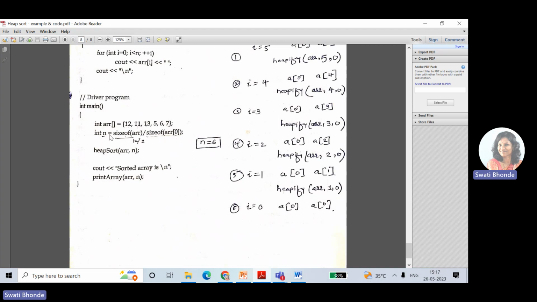Okay, so here int n equal to what? 12 by 2, it will give you 6. So it means that the total number of values pre-initialized in the array, n, equals 6. Now, once you read this input part, next you have to call the function, that is